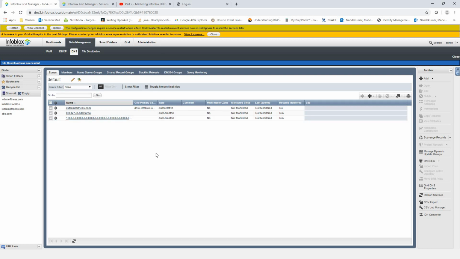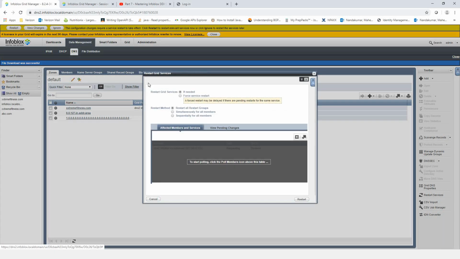So what happens is, whenever you make any changes, or if you add or delete a zone or make any changes onto the DNS service, there is actually a configuration file which holds all the configuration related information. So that file will be updated. Once the file gets updated, for those changes to get reflected, a restart of the DNS service is required. And that's what it's prompting us to do, and we'll just click on restart,